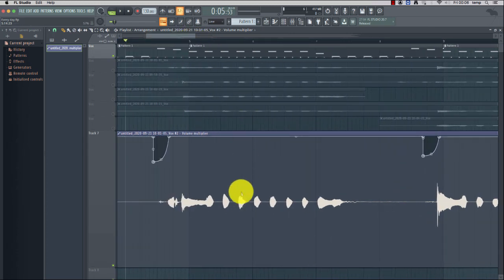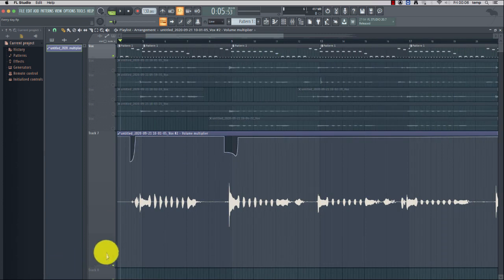So now, for example, this part here is louder. Yeah, I can see that this part here is louder. So I can now work on my loudness by just reducing it a bit for this track. You get what I'm saying? And now I know that after this, my vocal is nicely leveled. And what I want you guys to understand is that you can separate